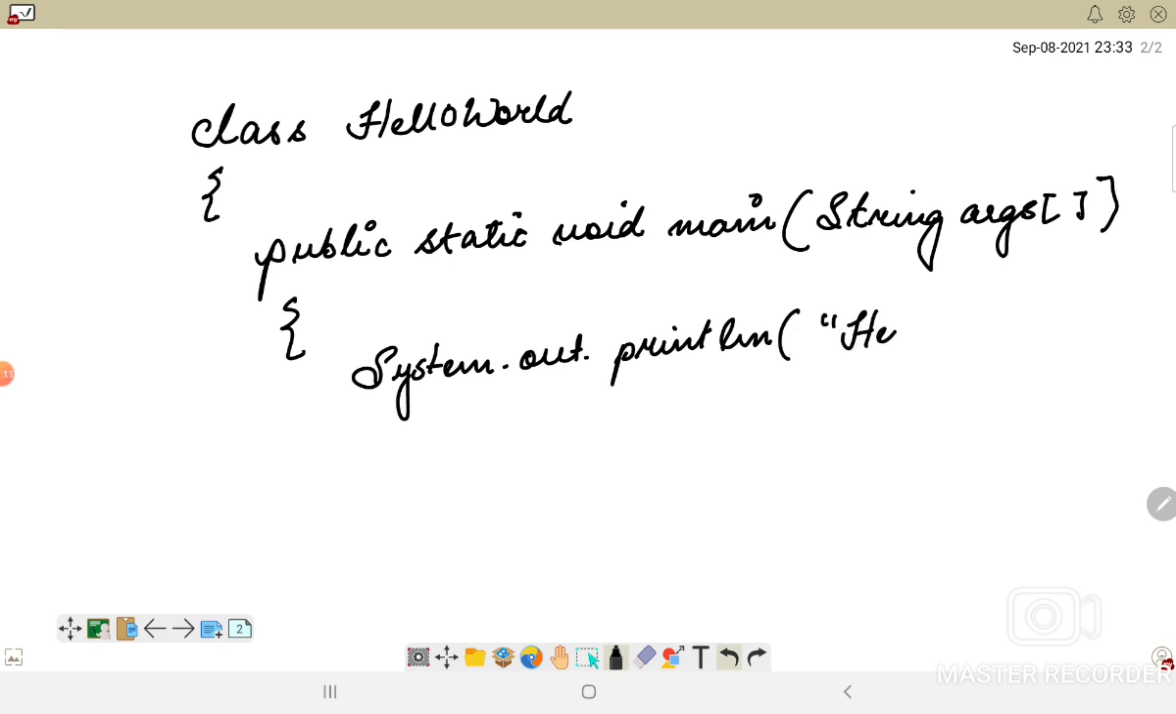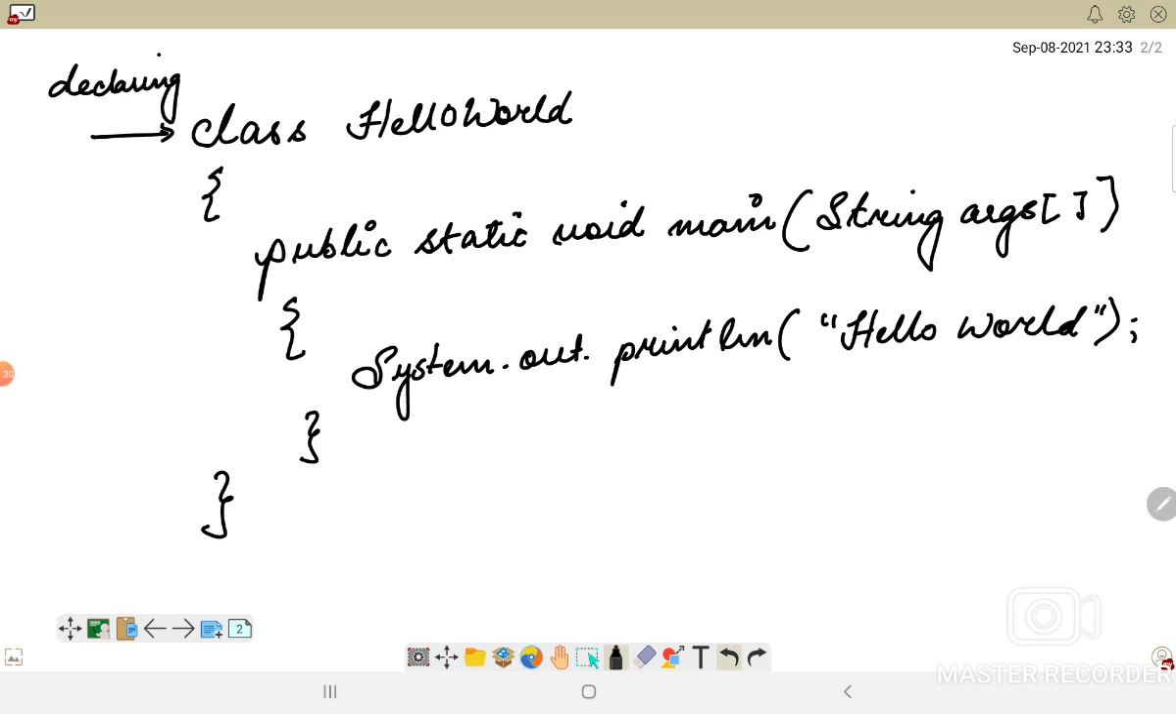Hello World, and since it is a statement we will simply close it using a semicolon, and finally we will close the body of the class. So here we are declaring the class. Okay, so if I change the color, I think that would be easier for you all to remember. So here we will be declaring the class, and this is basically the body of the class where we can